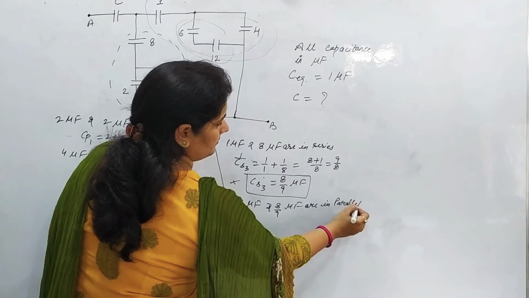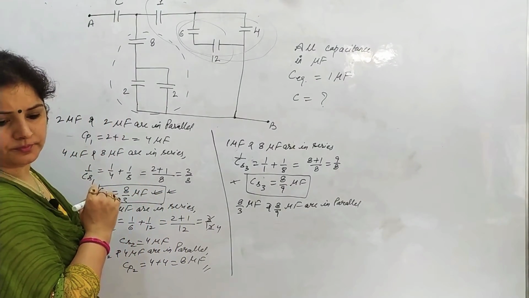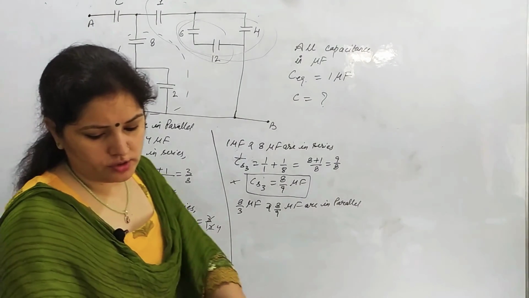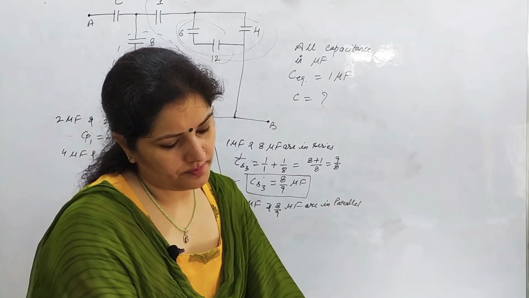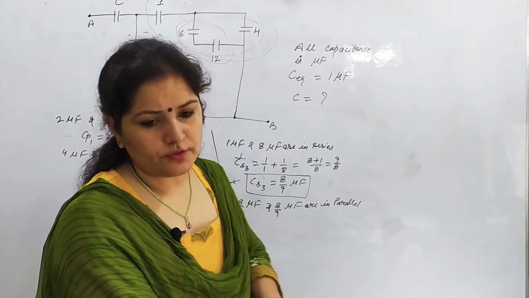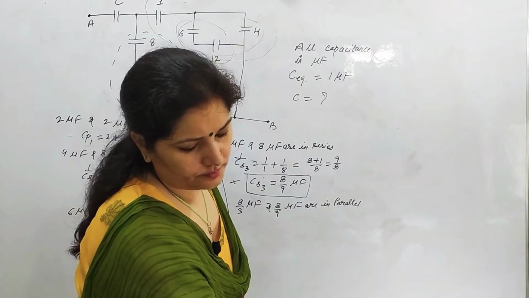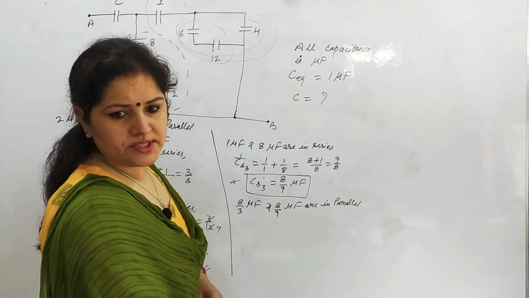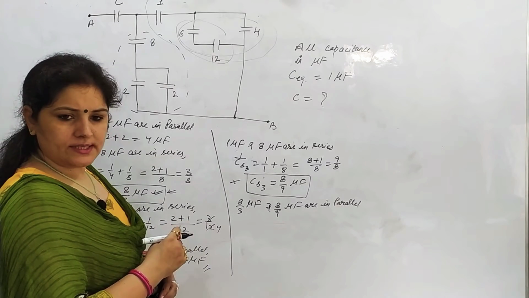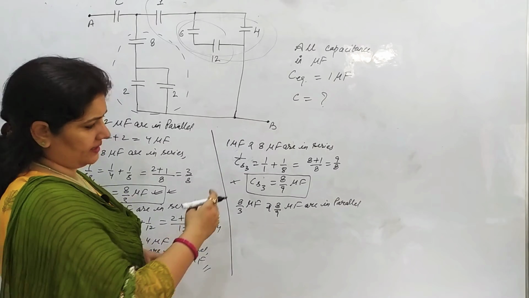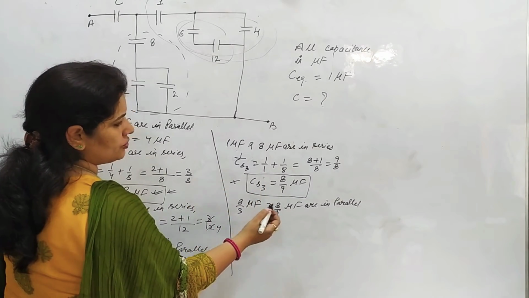Yes children, any doubts? Final answer also some of you have taken out. You need to find the value of C children. Yeah, I hope this is correct. Yes Abhiman, I hope it is correct. Yes, 32/33 is the correct answer. We are proceeding to that. So they are in parallel.